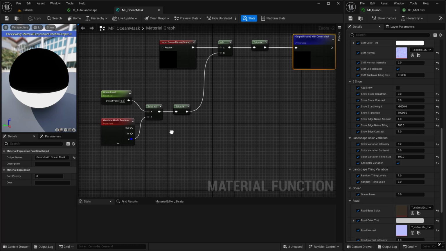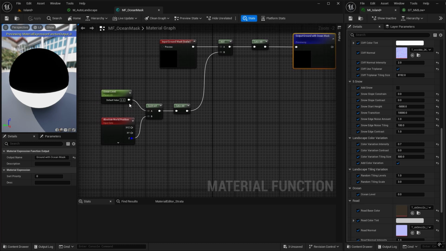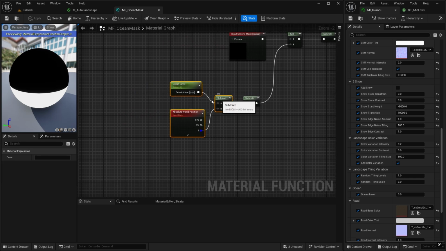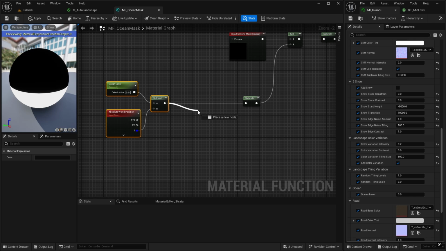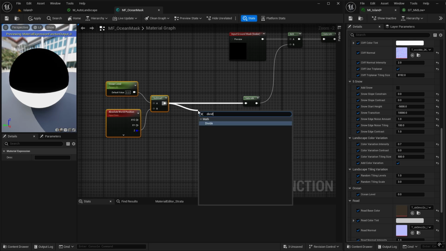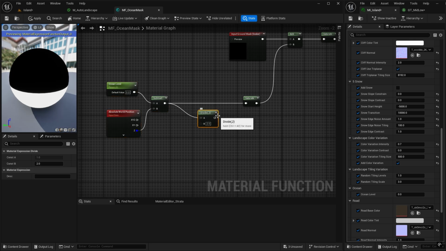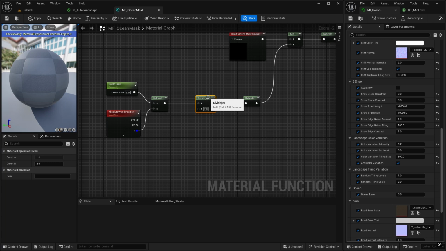And what we'll do in order to soften the transition is, once we've subtracted it, we have that harsh mask between 0 and 1. What we can do is take that mask and use a divide. We've done this sort of technique before. Divide it in order to soften that mask edge. Plug that in here and we'll create another